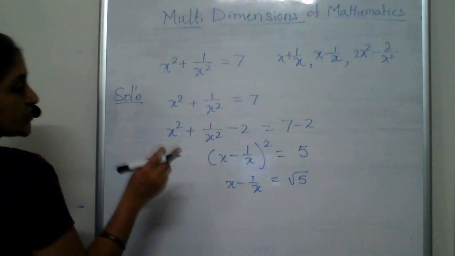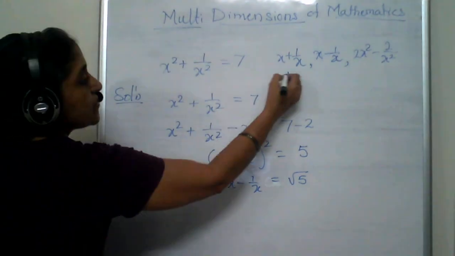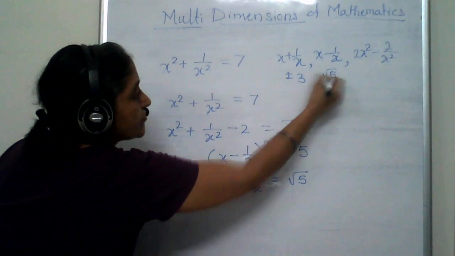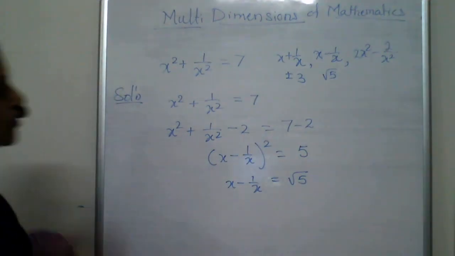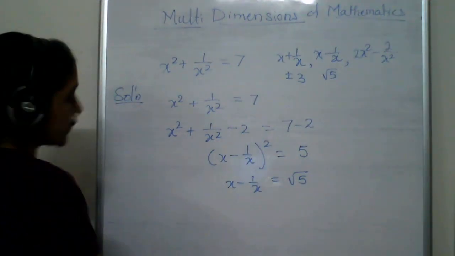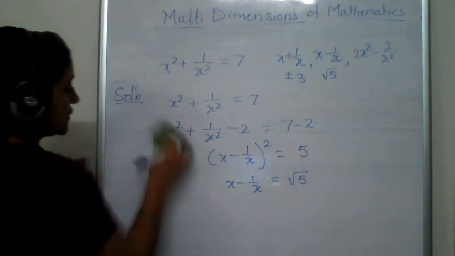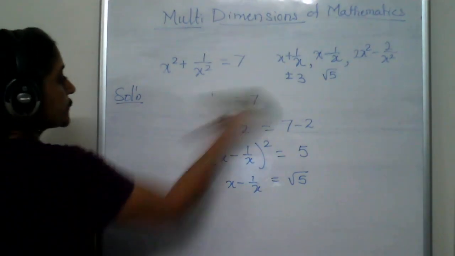Now we got x plus 1 upon x as plus or minus 3 and x minus 1 upon x as root 5. Now if at all we multiply these two, we are going to get something. Check it out what it is. I will write the question and then start. The third part